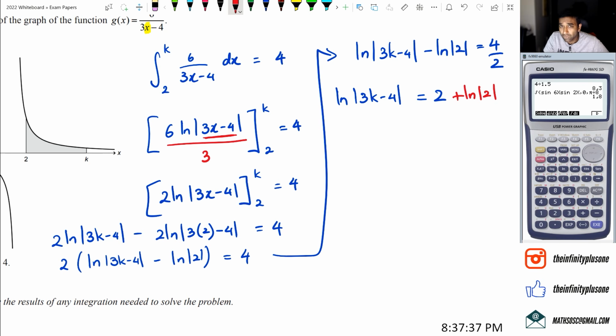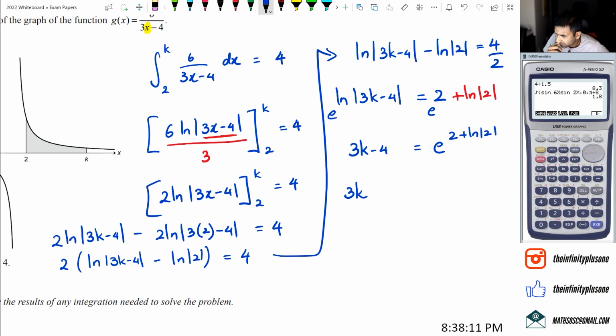Okay, now I just need to figure out what k is equal to, right? So I'm going to take exponentials for both of these things. So what I'm going to do is put it as e to the power of on both sides. Remember, e and ln cancel out each other. So what I've got here is 3k minus 4 is equal to e to the power of 2 plus ln of 2. All right, next thing, I'm going to add plus 4 to it. So I've got 3k is equal to,